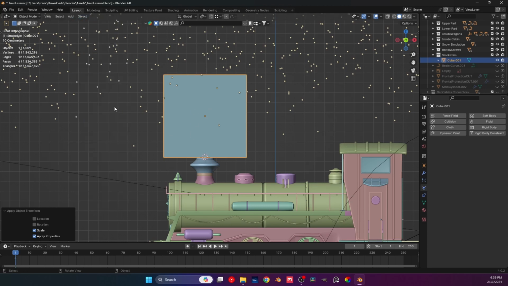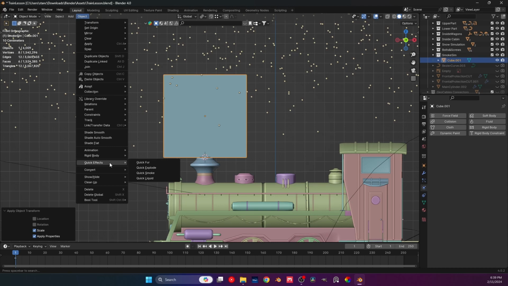Go to Object, and under Object we have these Quick Effects. Now, Quick Effects is a pretty cool tool. Well, it's a set of tools, to be honest. You have Quick Fur, which I think was added with Blender 3.6 because they had a really cool fur update where you can have some geometry nodes for hairs, which is super useful and looks so good. But also you have some simulations, which is